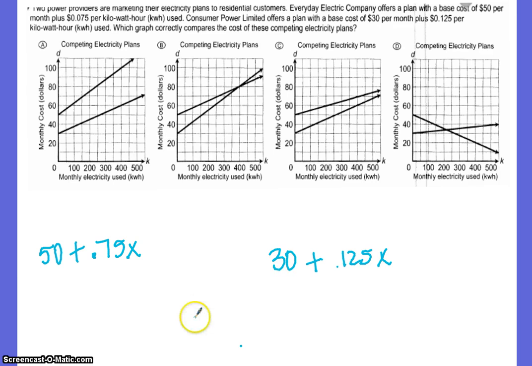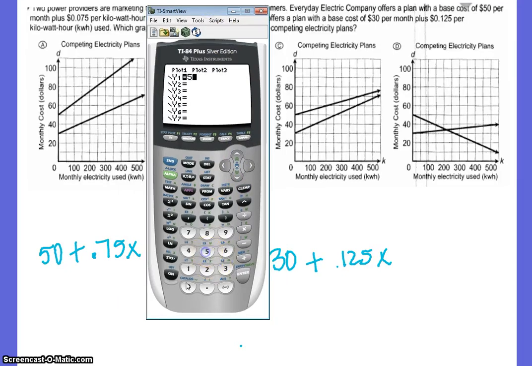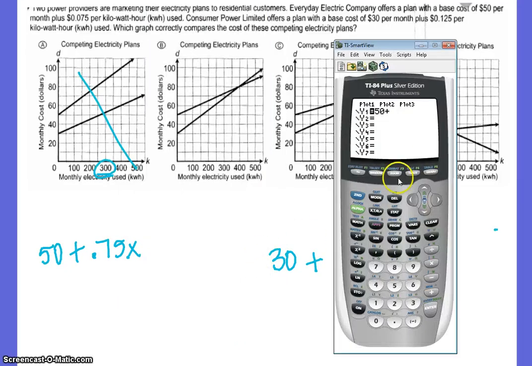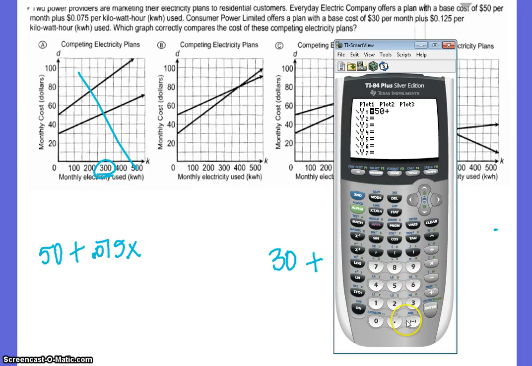So what I would recommend doing here is going to y equal and putting my equations in. We have 50 plus 0.75x. That is actually supposed to be 0.075x. And then at y2, we have 30 plus 0.125x. What you could do here is pick a point, like let's see at 300,